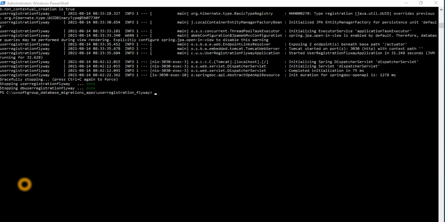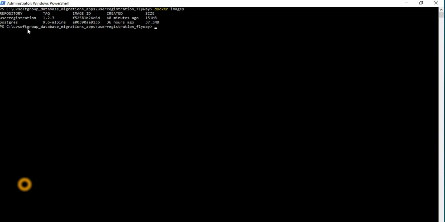We stop the applications, then we can clear up, and then we can see the Docker images. So you see the 2 images, the application image and the Postgres image, and also the Docker processes. There is no process running. So what we need to do, we simply write down the Docker